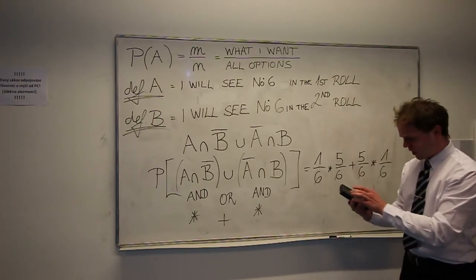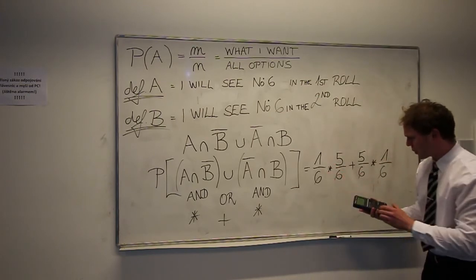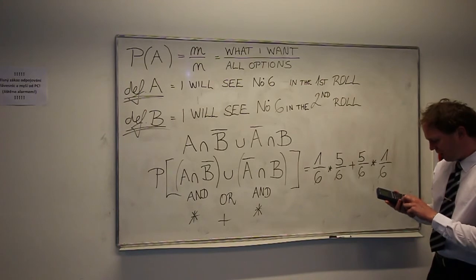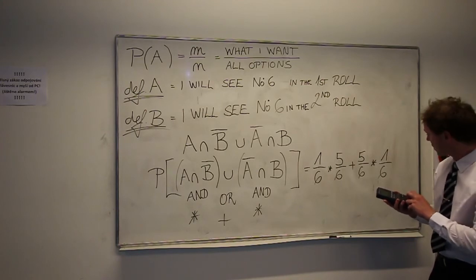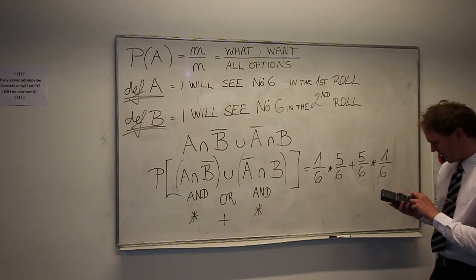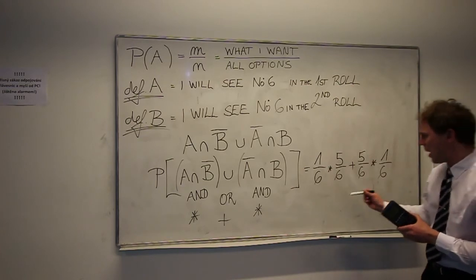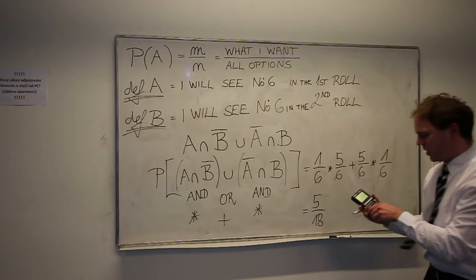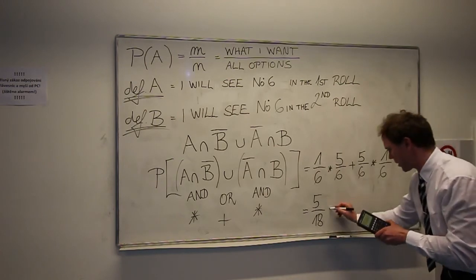That's all, it's very easy. So I will solve this. 1 divided by 6 times 5 divided by 6 plus 5 divided by 6 times 1 divided by 6. Enter. So result is 5 divided by 18, and this is equal